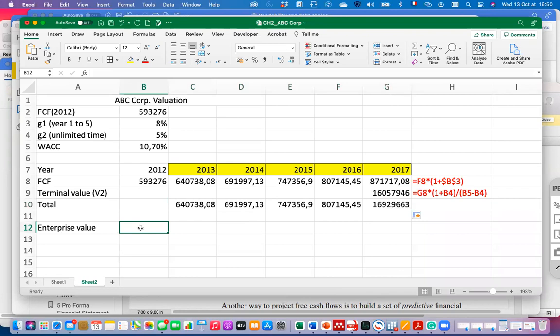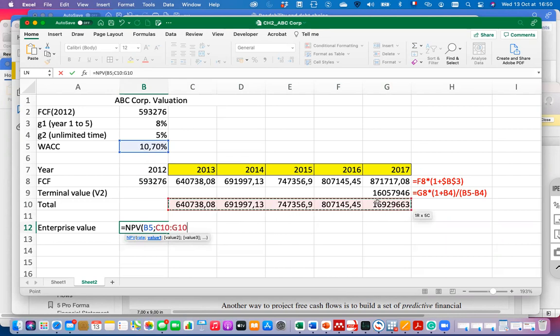And finally, enterprise value, which is the discounted value of all these cash flows. So we can use the NPV function. We have the rate, which is the discount rate, and we have the values of the different cash flows. And don't forget what we have seen during the previous lecture: when it comes to discounted cash flows, since they are continuous cash flows, not discrete cash flows, we use